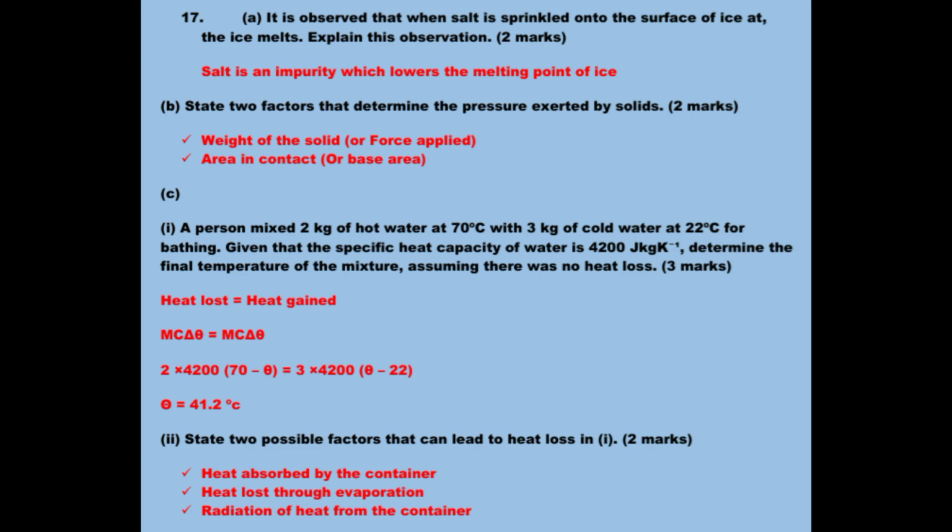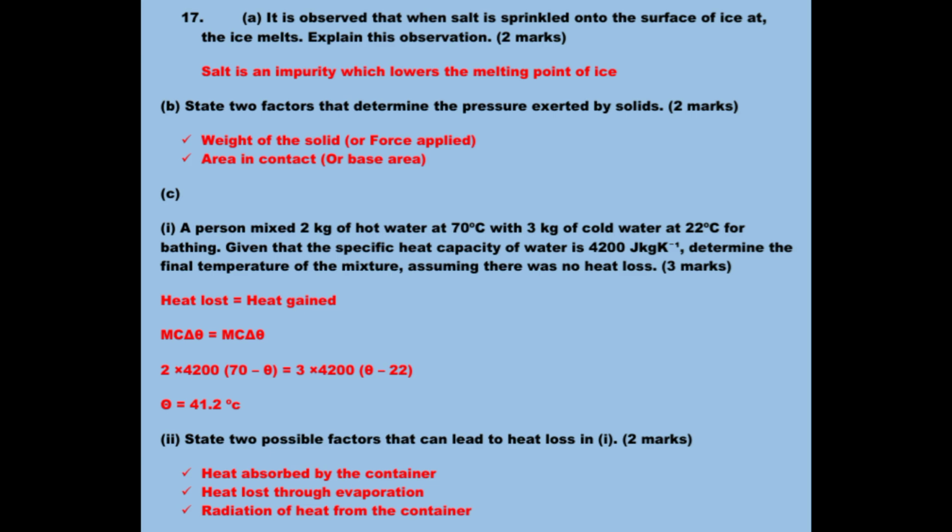We go to number C. A person mixed 2 kg of hot water at 70 degrees Celsius with 3 kg of cold water at 22 degrees Celsius for bathing. Given that the specific heat capacity of water is 4200 joule per kilogram per Kelvin, determine the final temperature of the mixture, assuming there was no heat loss. So we are given this person is mixing the hot water and the cold water for bathing, and we are told to determine the